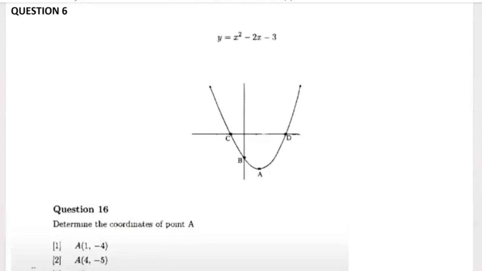In here, just by looking at this, I can analyze it. Okay, I've got a quadratic equation. This is a quadratic equation, and this is a symbolic form, this is a graphical form. From here, I know y is equal to ax squared plus bx plus c. I know what my y-intercept is. My y-intercept is -3, so I know c is -3. I've not answered any question, but I can tell c is -3, and also